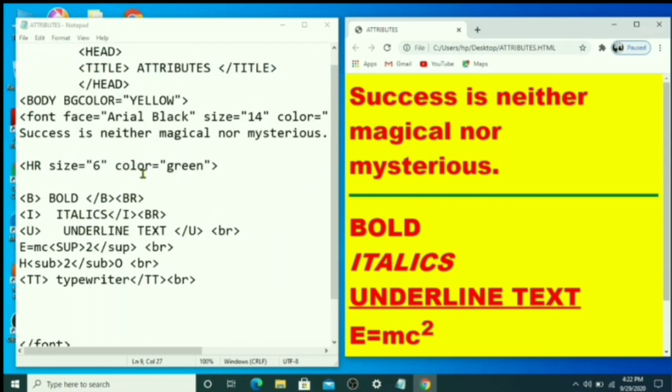Okay, and if you want top margin and left margin here, meaning here you can give some space, and on the left side also you want to give some space. That time you give top margin here, with the body tag.